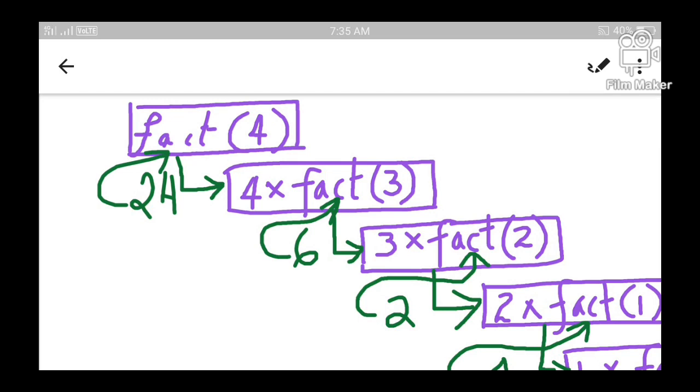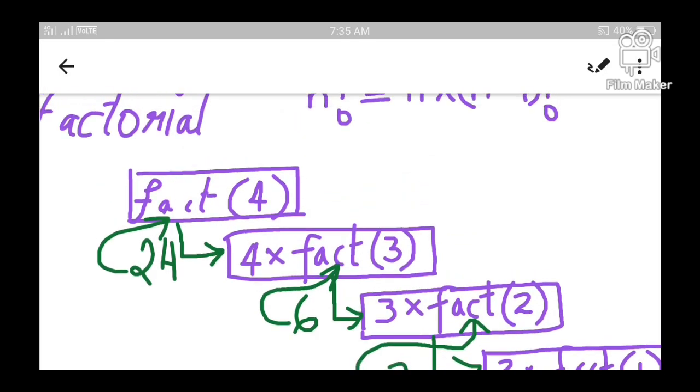Okay, so once the return value is obtained, you can perform the computation, but in that function call there are no more computations left to perform. So what is the final value obtained? We got a value 24. Since there are no more function calls left to be invoked and no more computations are left, the algorithm will come to a standstill. At this moment the value returned is equal to 24, which clearly states that factorial of 4 is equal to 24.